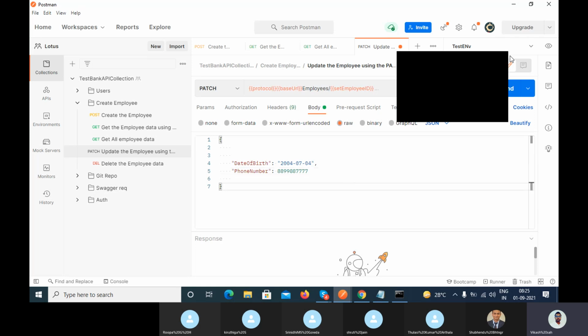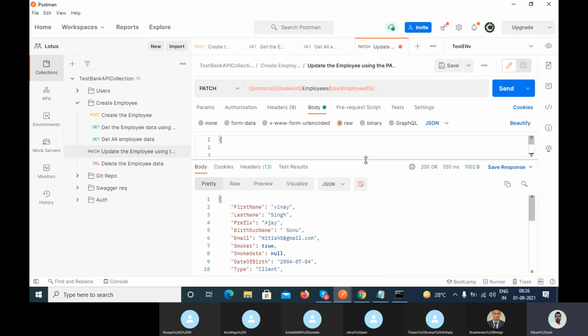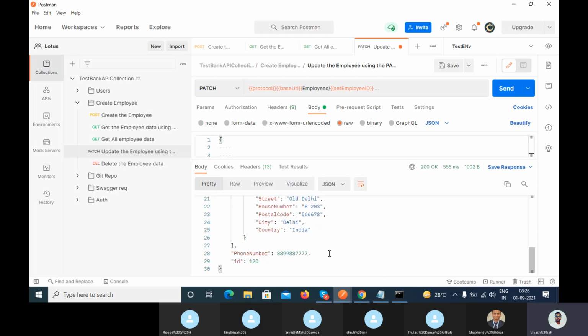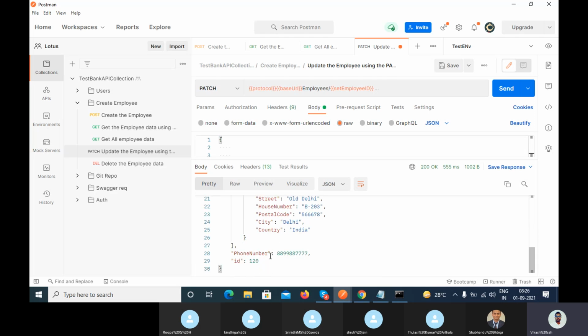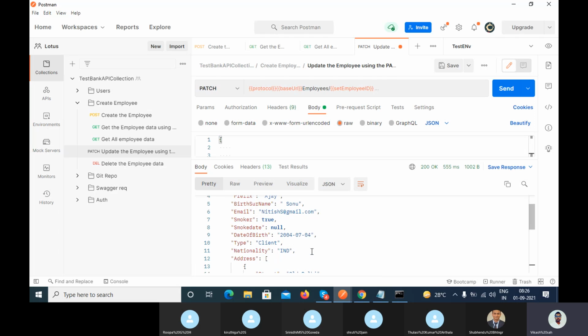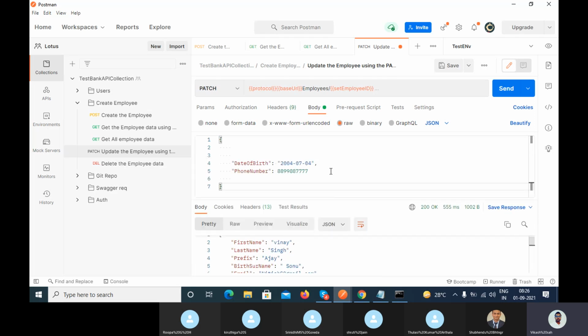I change the phone number as well, right? So when I call, you can see it here, that particular data gets validated. You can see here the phone number gets updated, right? Whatever phone number you have passed, here you can see 2047, whatever data you have passed here, that gets updated. Now you have to ensure that the things you have updated are successfully updated or